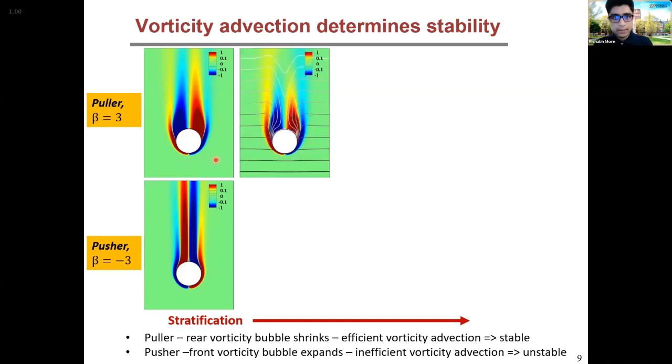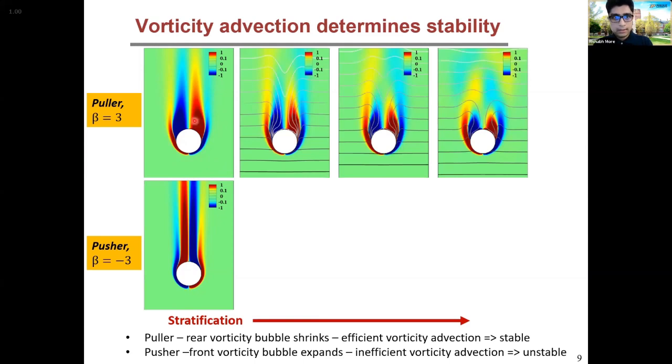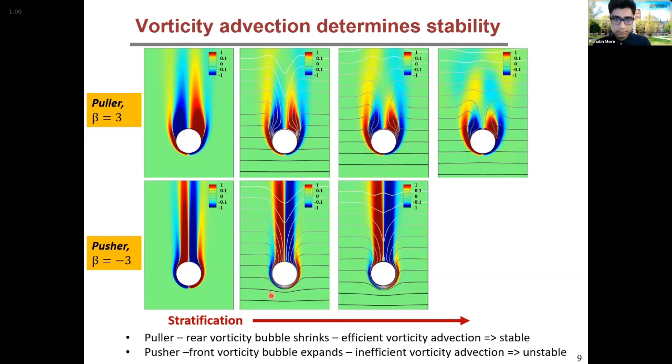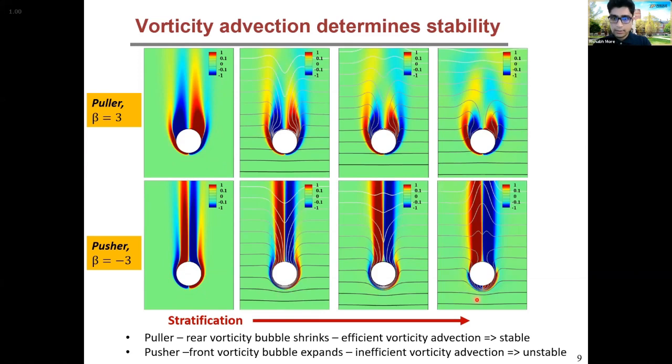But now as we increase stratification, you can see the size of this vorticity bubble is reducing, and as a result, the vorticity can convect easily downstream, and hence it becomes stable. But on the other hand, for a pusher, the vorticity bubble is in front, and as you can see, its size increases drastically as we increase the stratification, and this again provides obstruction for the vorticity convection and makes it